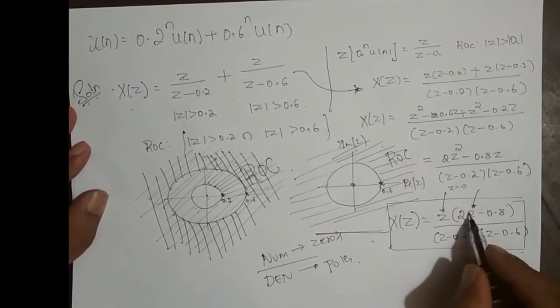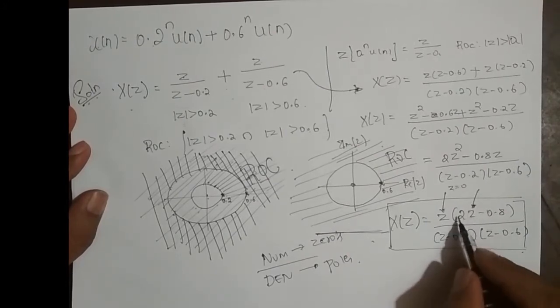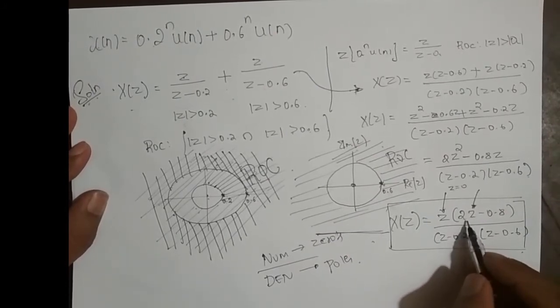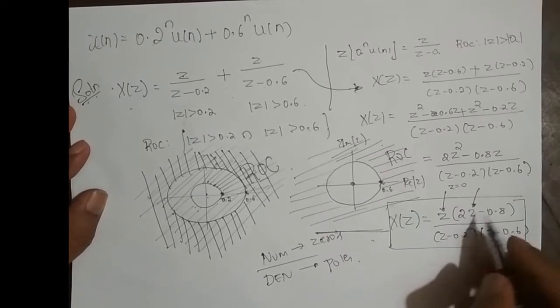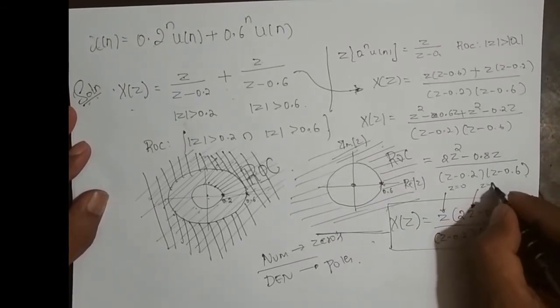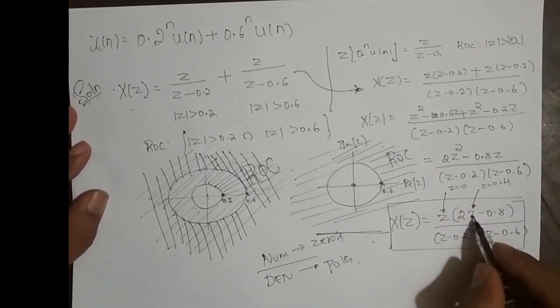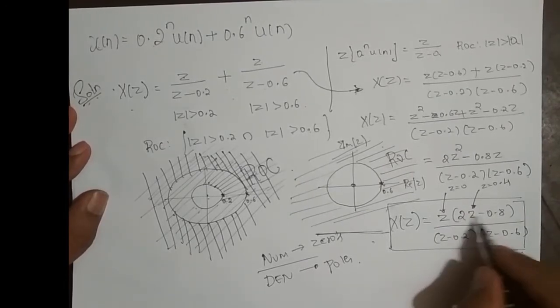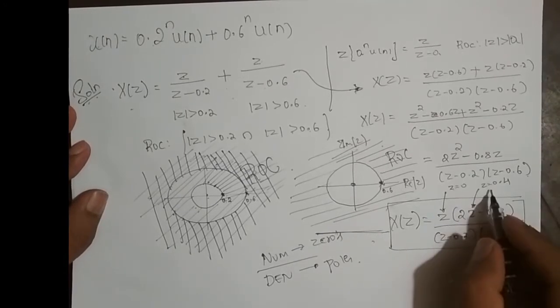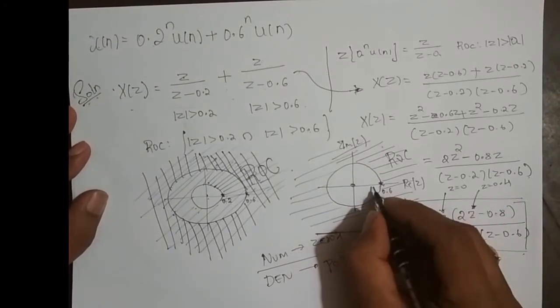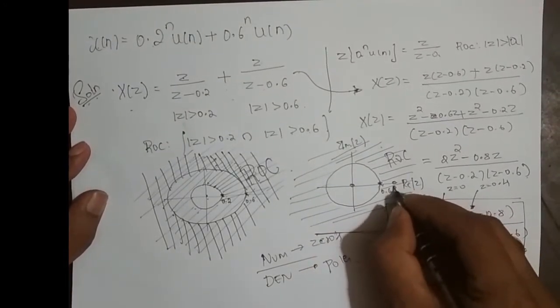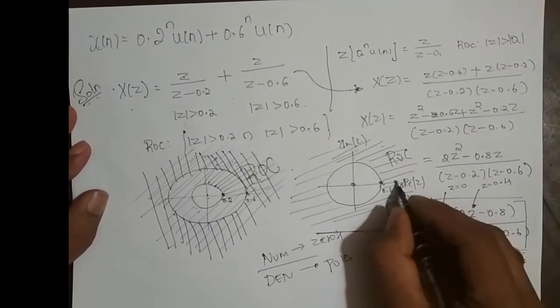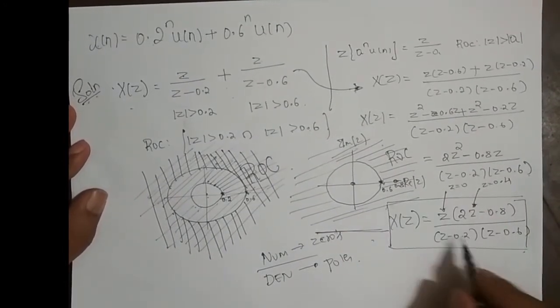So what is the value of z I need to put here so that this becomes 0.8? Right? It is nothing but 2 times 0.4. So z equal to 0.4. If I put z equal to 0.4, this becomes 0.8. So 0.8 minus 0.8 is 0, so I get one more zero. So where is that zero? It is somewhere here, 0.8, right? So there are two zeros.